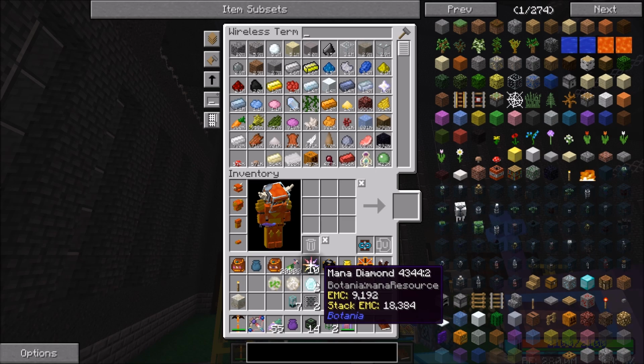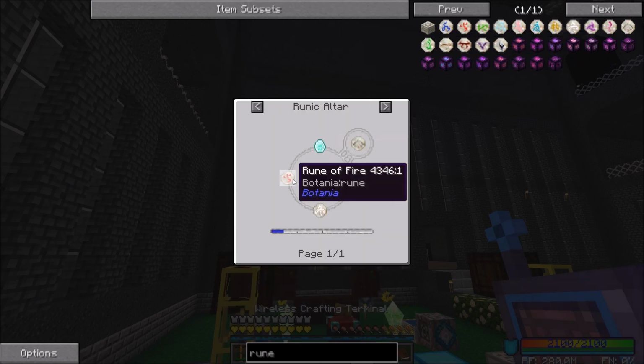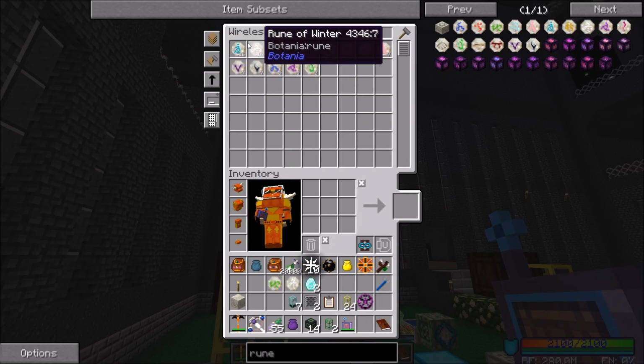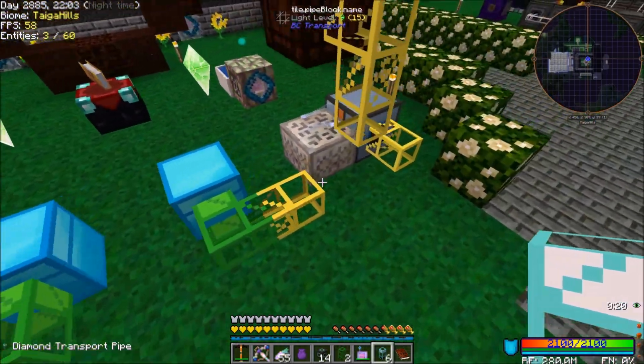It's going to be super simple once we get into the actual long-term Botania automation. So, it won't take very long either. And then Rune of Gluttony is pretty much the same thing, except it takes a Rune of Fire. So, let me get another Rune of Winter and a Rune of Fire. And then we'll put down our diamond transport pipes right here,